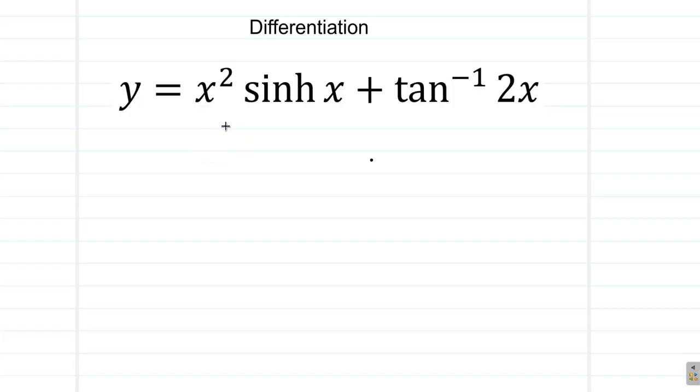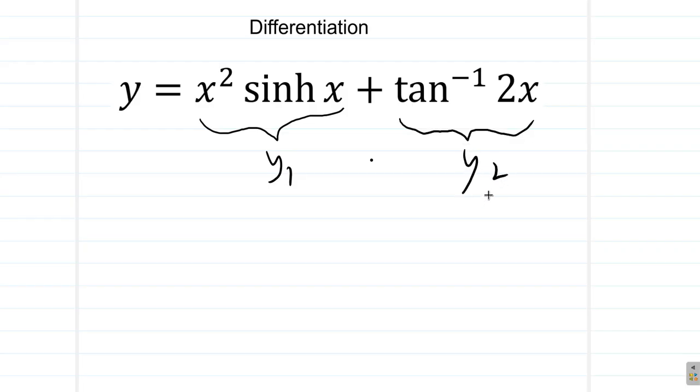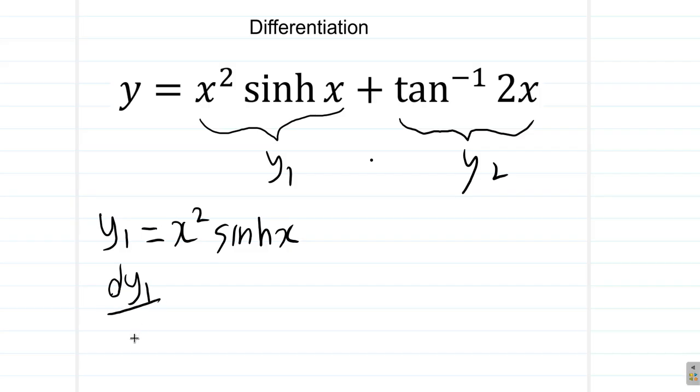Let us say that this part, let's give it a name, call it y1, and let's give this part the name y2. So we just break it up into different parts and look at each part separately. We have y1 is equal to x squared sine x. Alright. Now the product rule. We differentiate this part first. The derivative of y1 with respect to x, that's dy1 by dx, is equal to,